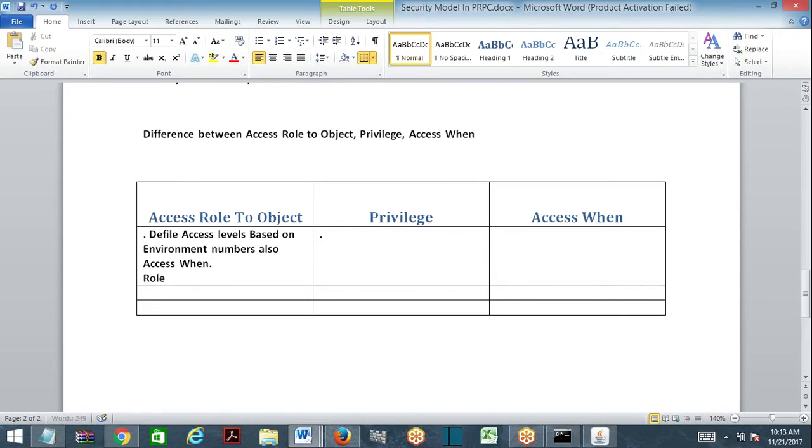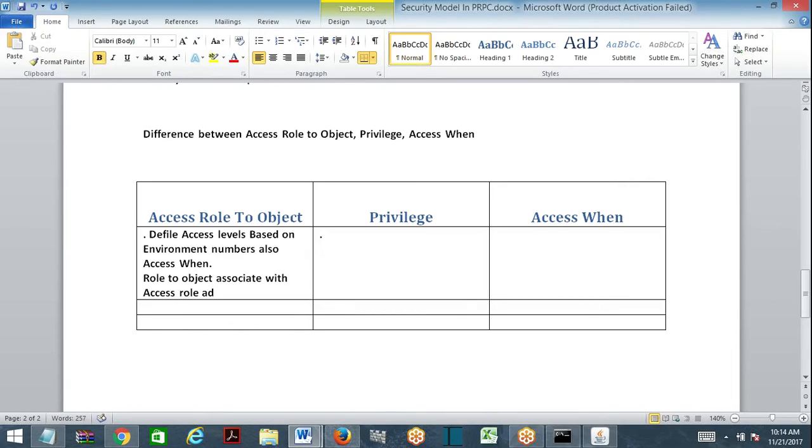Next point: role to object is associated with the access role, and through it, the access group. What does that mean? We'll come to that point.